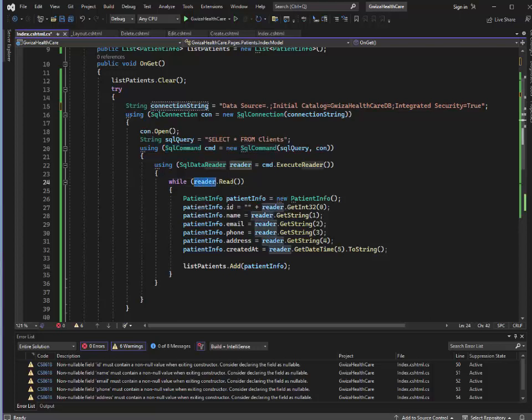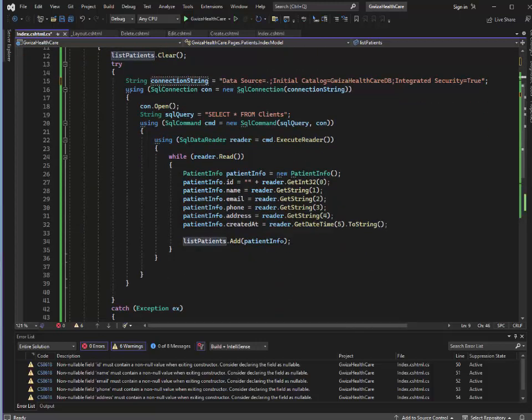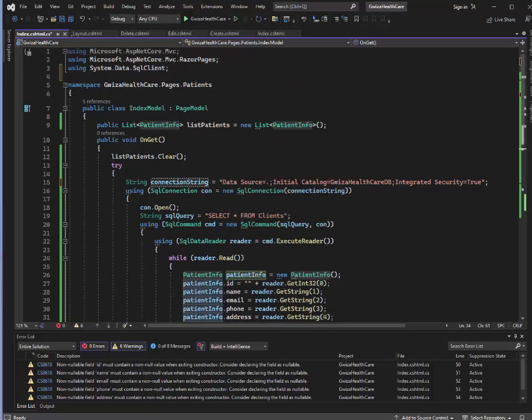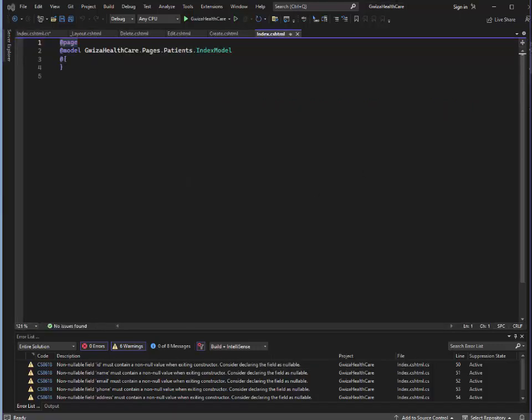And once the reader is having something, I will create a new object of patient info, and I will add every data that I've got from the reader into my object. Then after that, I will update the list of patients that I've created on line 9 with the other new object. So at the end, this list of patients will be having all the patients that I'm having in my database. So this is for the model, and we can go to the page to add also some views